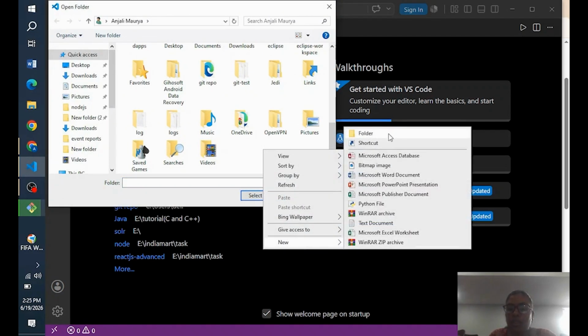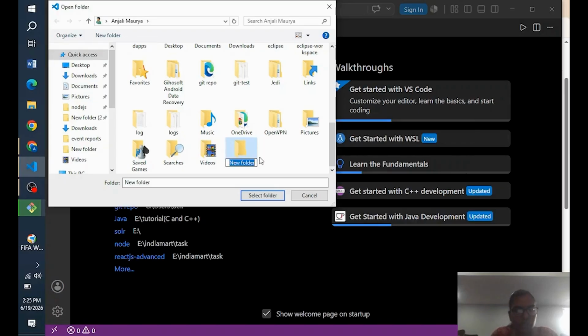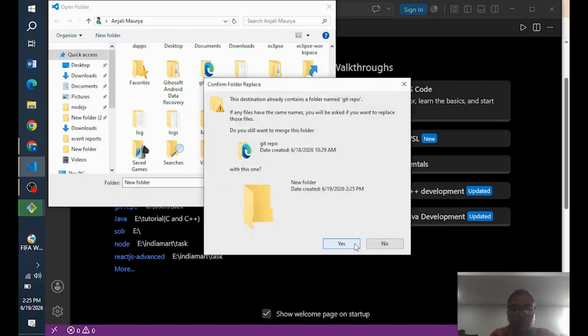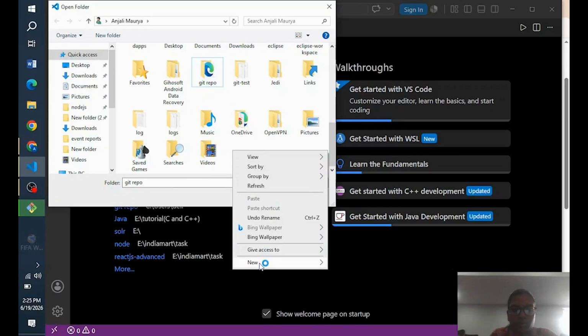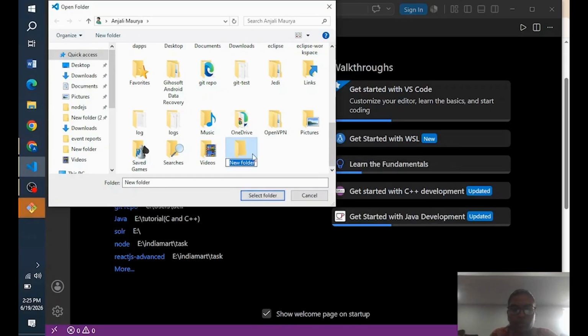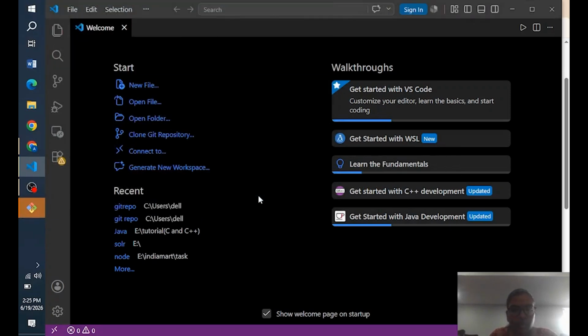Here I'm creating a new folder named Git repo. Let's create one folder. Select the folder. Okay.